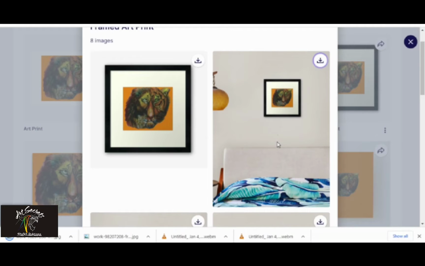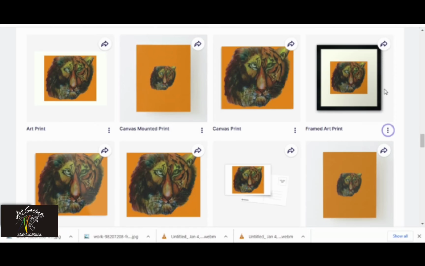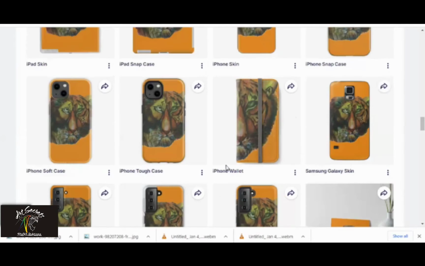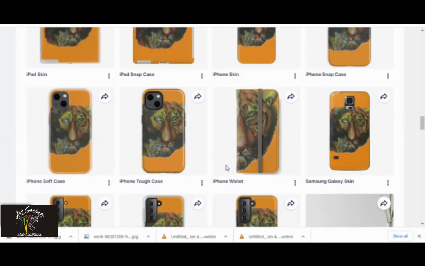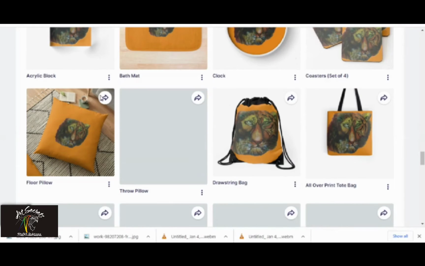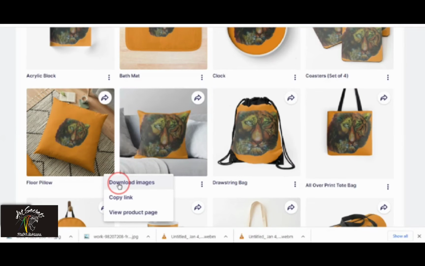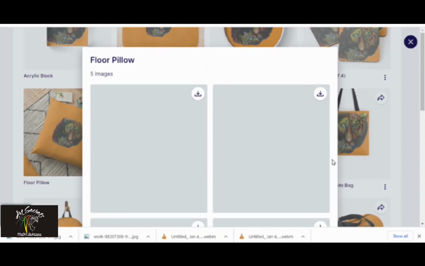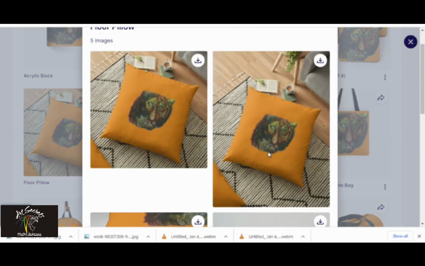Yeah, this is how you can do it. Now, yeah, see, this is the best thing. Now you can do all the other stuff also. You can take any of the artwork over here. You can select any particular thing, and you can download the images. In all the images, there are always 2 to 3 or 4 options which you can download, and you can really see how good it is looking.